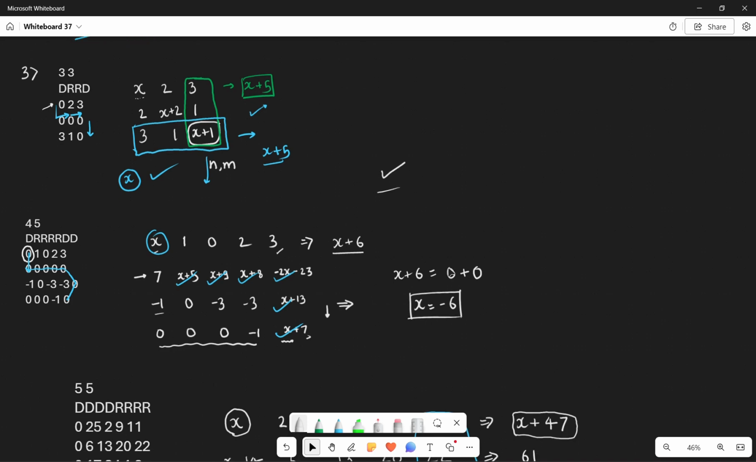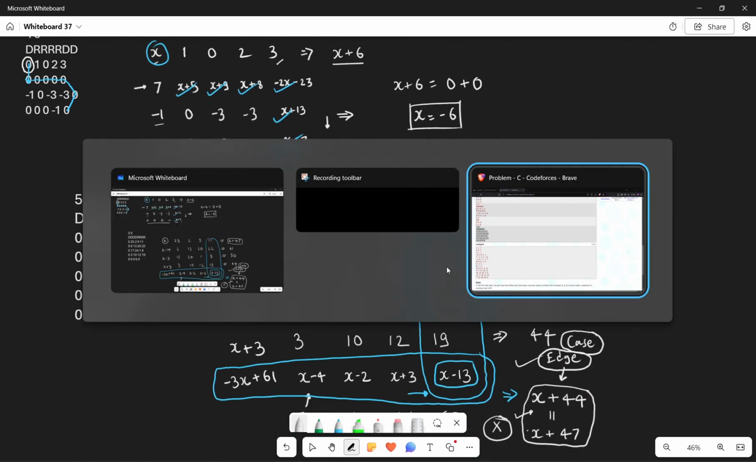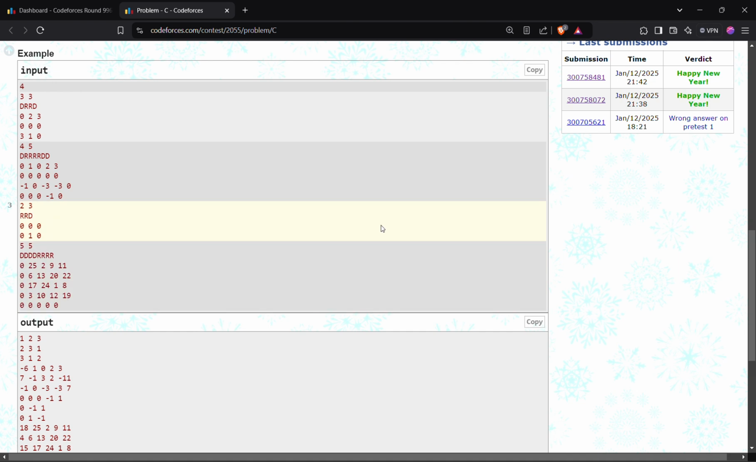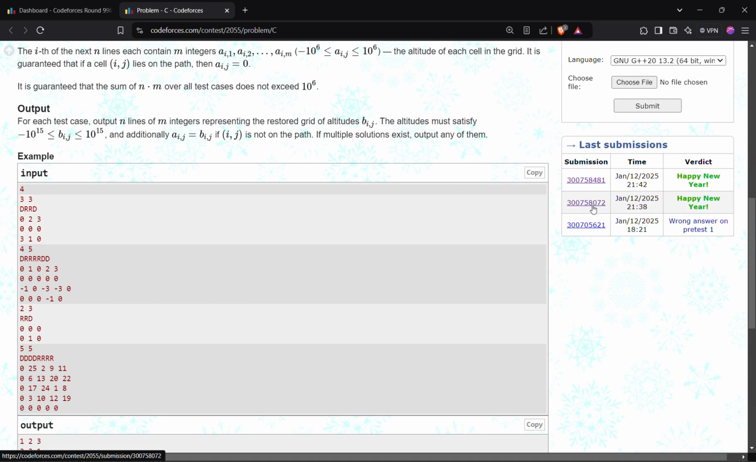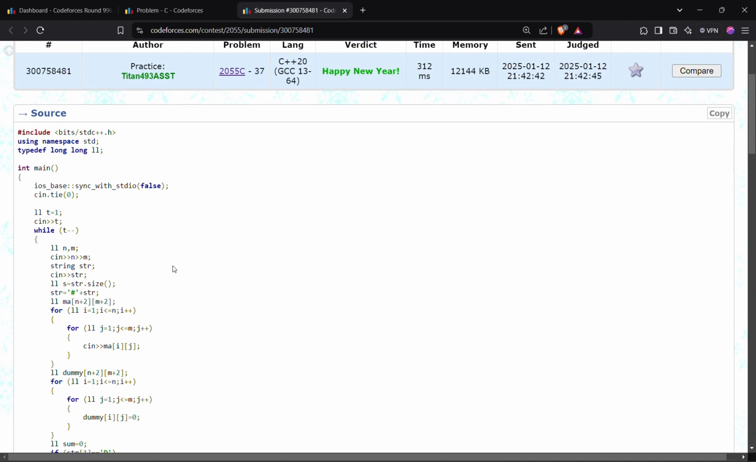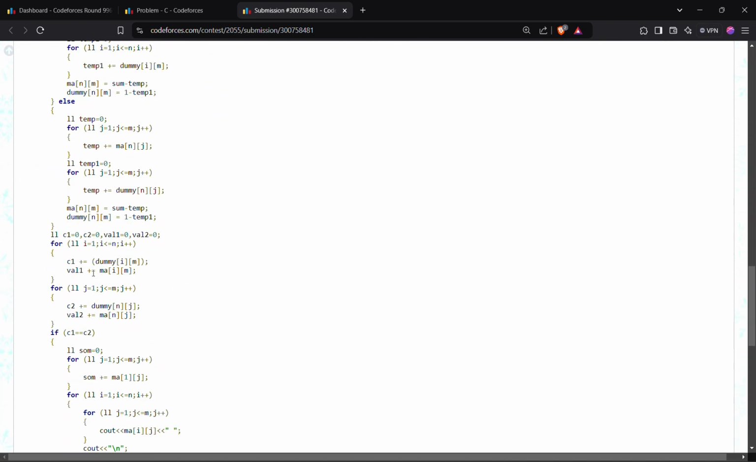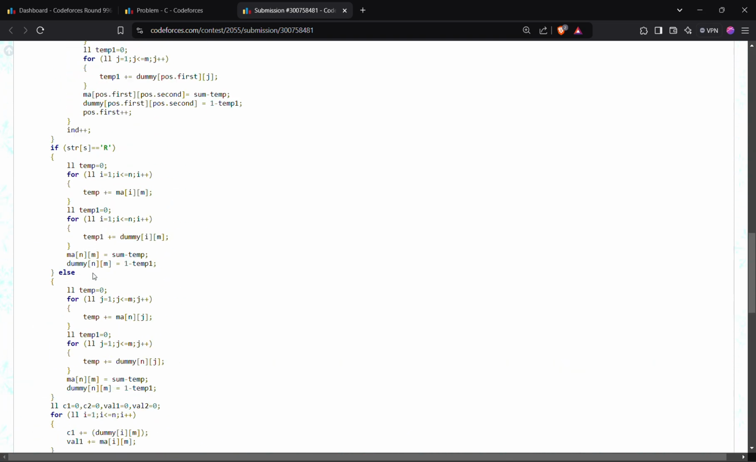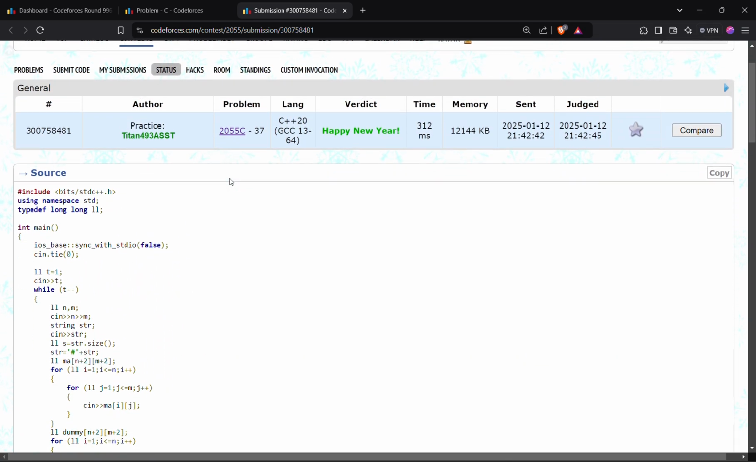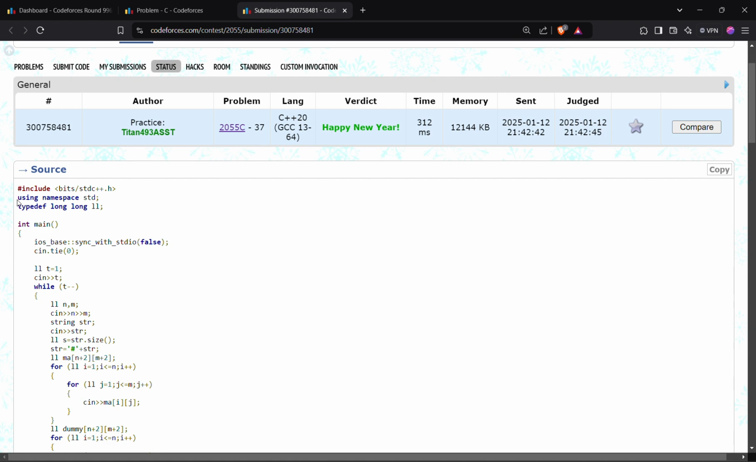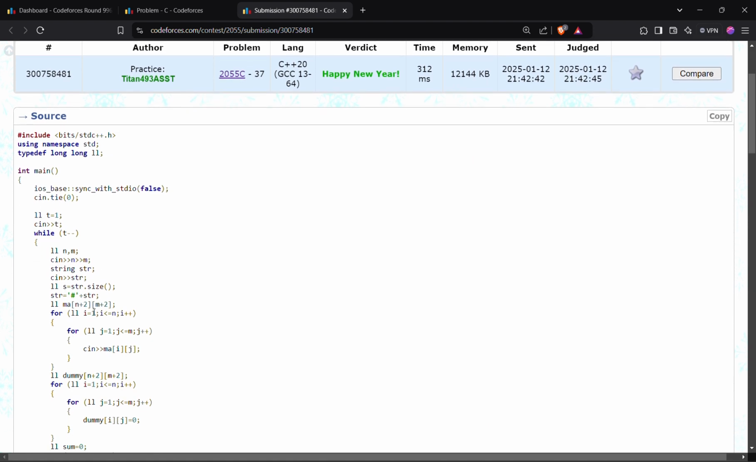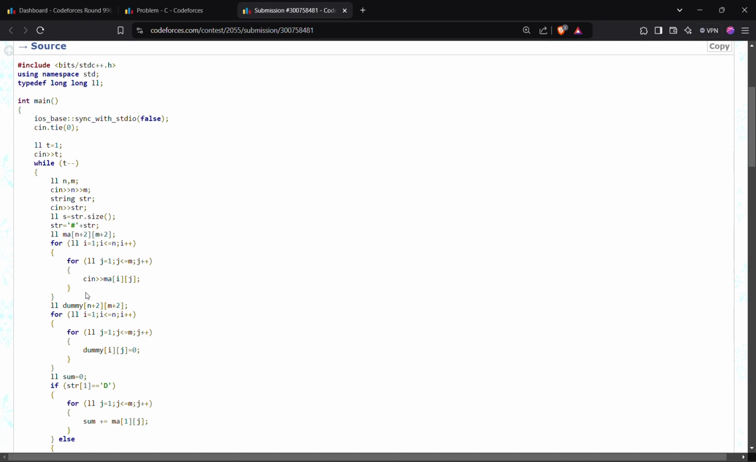So let us head towards the code. This code has many debugging statements, so let us take a look at the clean code. The code is slightly larger for my logic, so bear with me. I will explain it to you. So taking the input n comma m, taking the input of the string, and taking the input of the matrix,